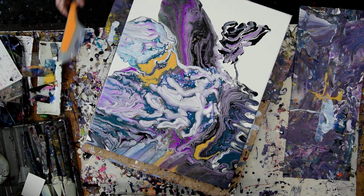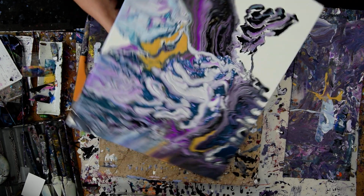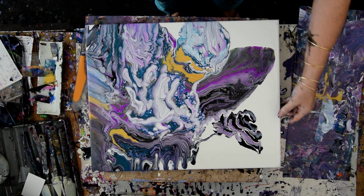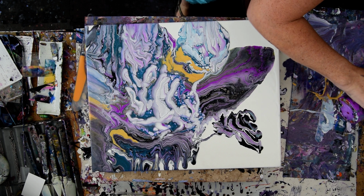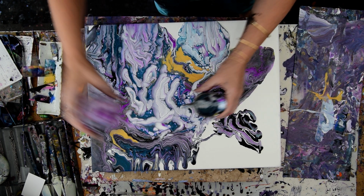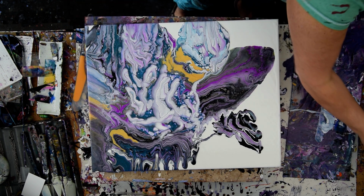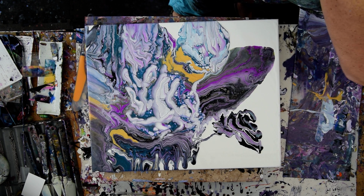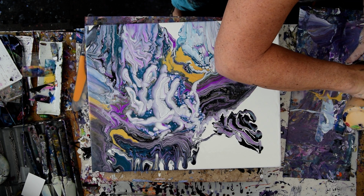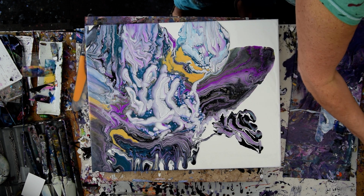All right, so we've got some interesting things. I've got a little bit of paint left, and I'm inclined to go for it. I just want more of that purple, you know I do. So I've got some beautiful cells in there from the gloss enamel, and I'm going to have to be finished pretty quick. I'm going to use a little bit of darker purple and some gold, because those two sell together, and a little more white enamel,